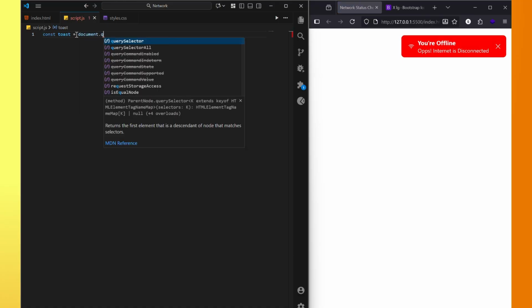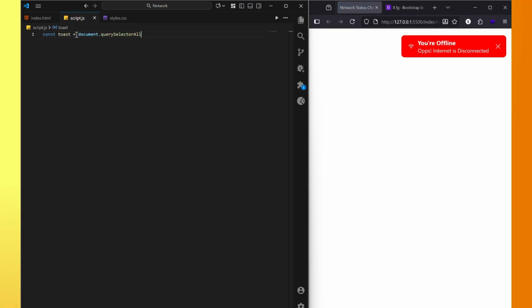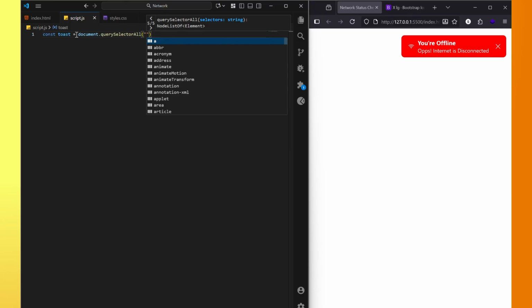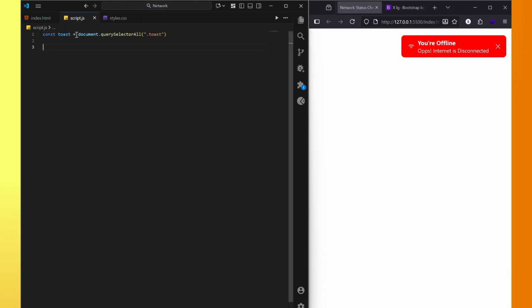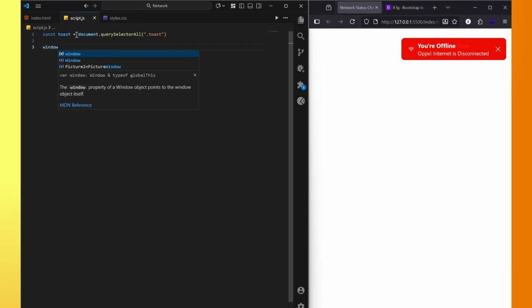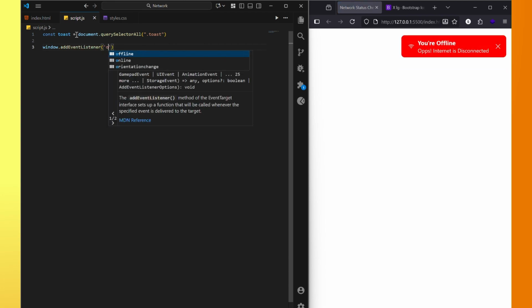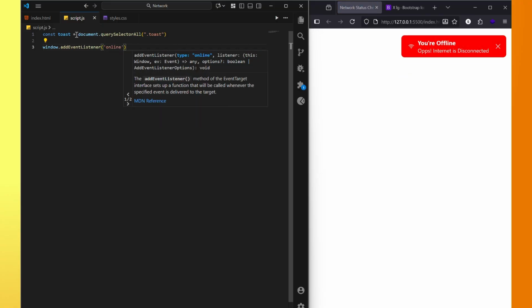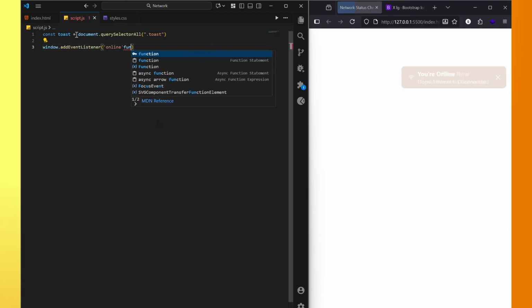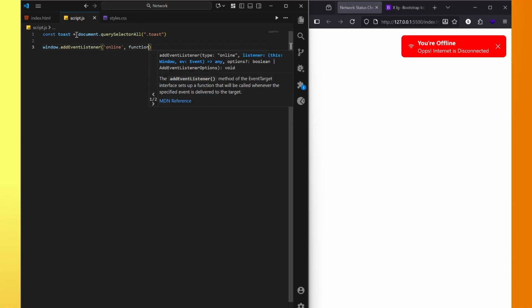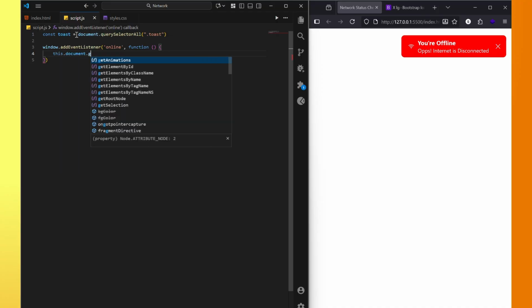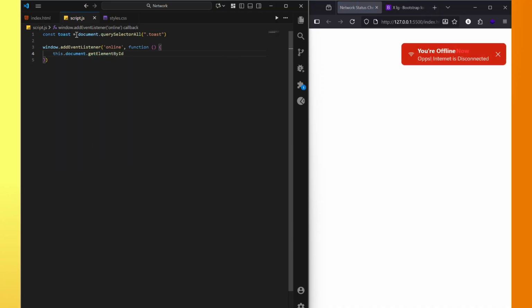Then we'll come to our script.js. So we initiate the toast and we select it by using the querySelectorAll and .toast. But we are going to make use of it soon. So you select the window and add the event listener to listen to when you are online. So whenever you are online, it should run this function of